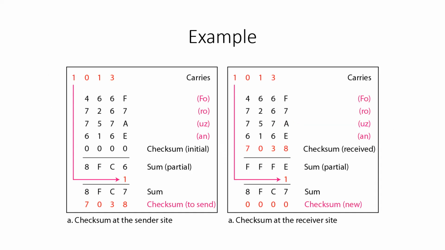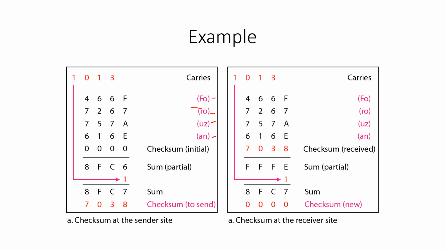So this is the diagram of how we have performed checksum on this character string: F R O Z E N. One character is 1 byte, so we have to divide the words into 16-bit format, that means 2 bytes. So we have divided FROZEN into 2-byte pieces: this is 2 bytes, this is the next 2 bytes, the next 2 bytes, and the next 2 bytes.